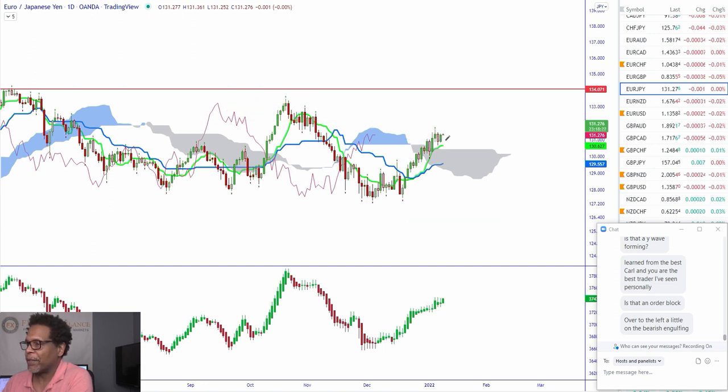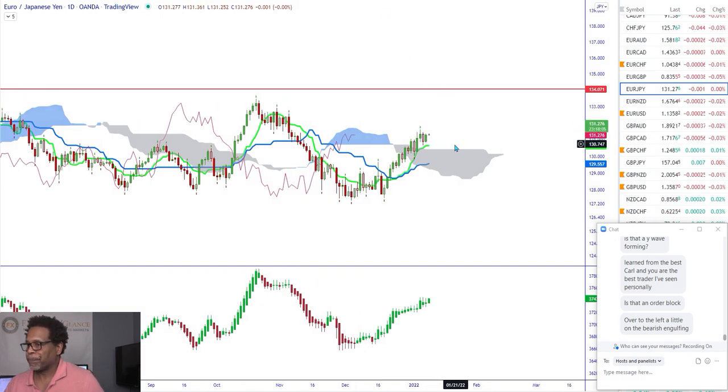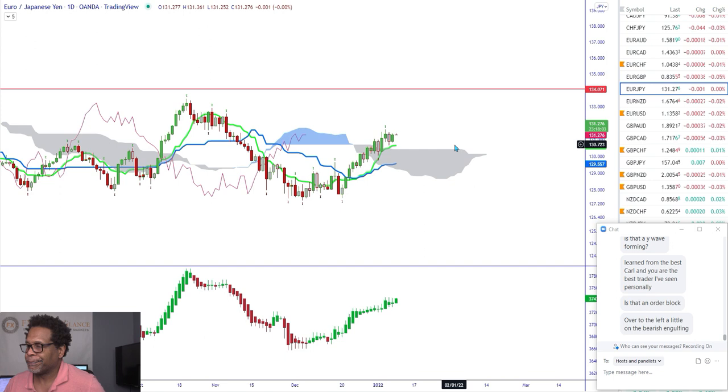So I'm thinking that we get the correction. Maybe we correct back to this fractal level somewhere in here, take us back to the Keynesian, or maybe we correct here. All right, and then I'm going to look for the market to push higher. At that point, I can mark my 1, 2, 3, and then shoot for my target. All right. Not in love with the trade right yet.